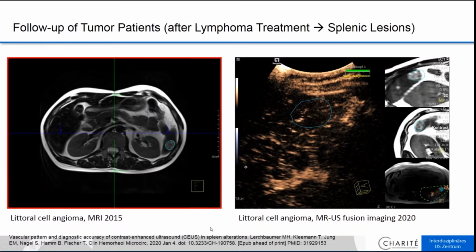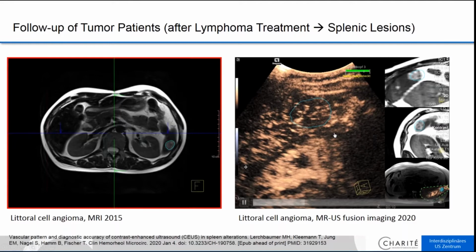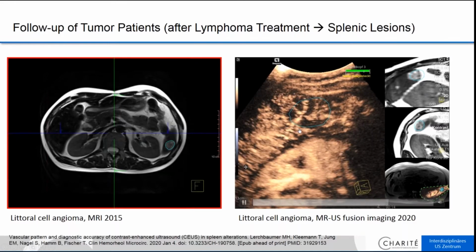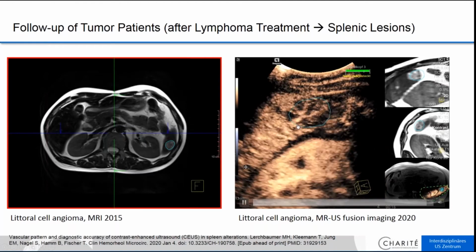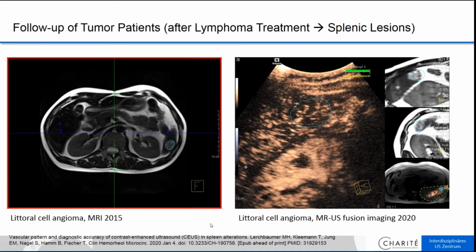This is once again follow-up of a patient after lymphoma treatment, and there was a splenic lesion after the treatment, and this was an MR scanning in 2015, and that's the live scanning procedure in 2020, and we see immediately there's no progression of the size of the lesion. We can see beautifully the enhancement pattern here of the lesion of this rare case of a littoral cell angioma,